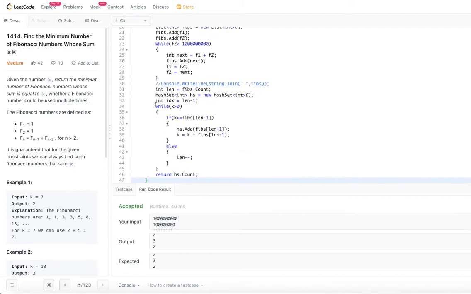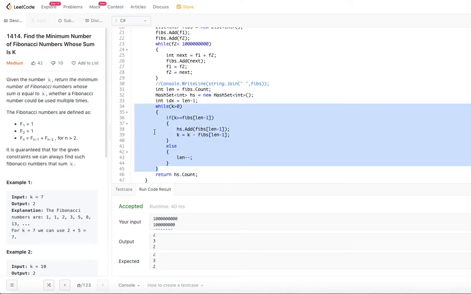Here we are executing the loop while k is greater than 0. This is actually deducting each Fibonacci number that it came across. The maximum amount that it could do is, for example, if k is equal to 2, this would run 2 times. So for k equal to 1 or k equal to 2, it would run only 2 times. In that case we would say order of k. So that is the worst case time complexity.